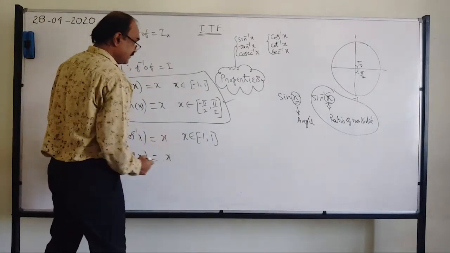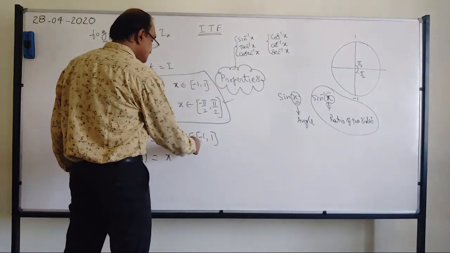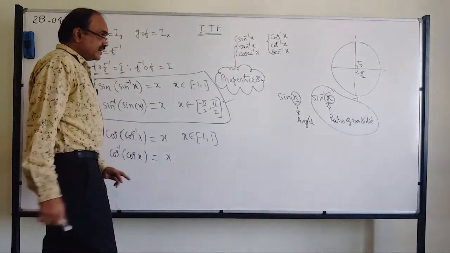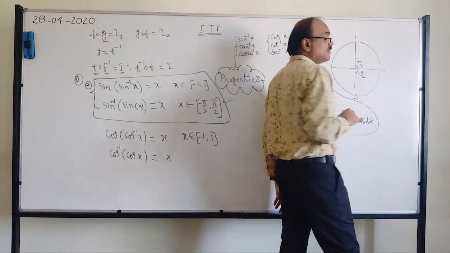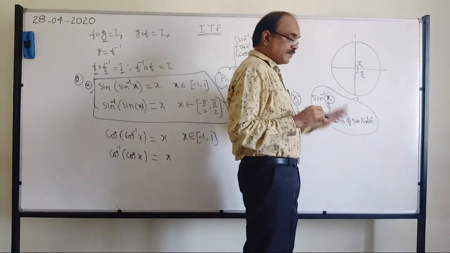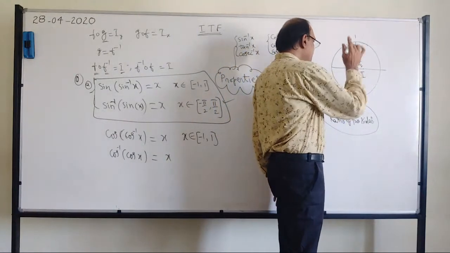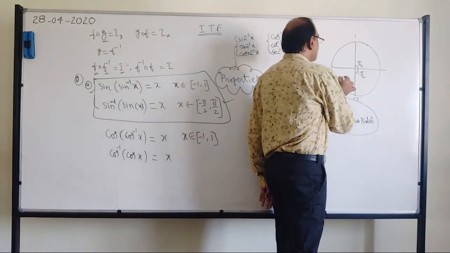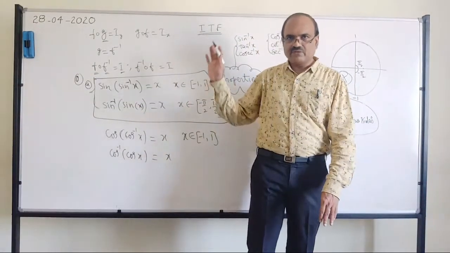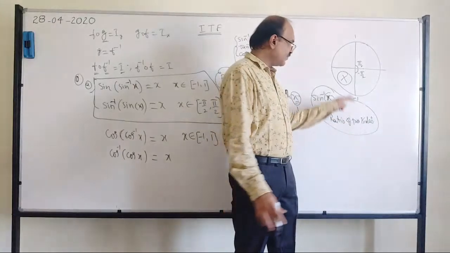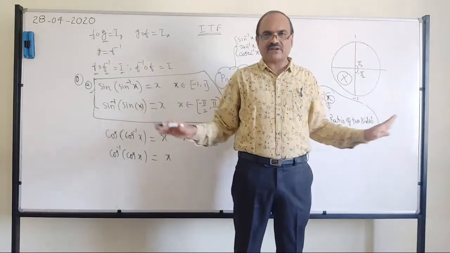Here you see this is in the other group. Where will you get minus 1 and plus 1 for cos? That is cos 0 is 1 and then cos 180 is minus 1. You can get minus 1 for cos here also, but that is 270. Remember one thing, for inverse trigonometric functions, this quadrant will not be taken. For all these inverse trigonometric functions, we are not going to use the third quadrant. If you remember that, then you will not have confusion.